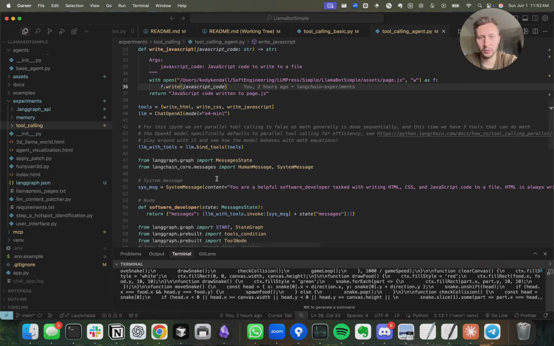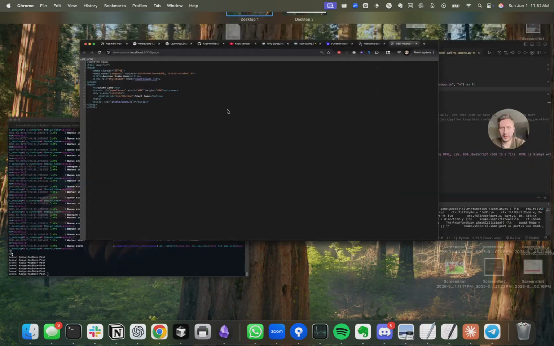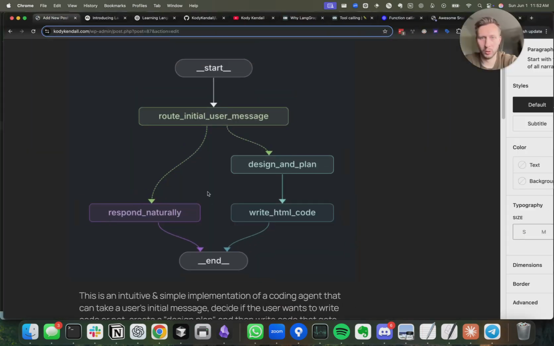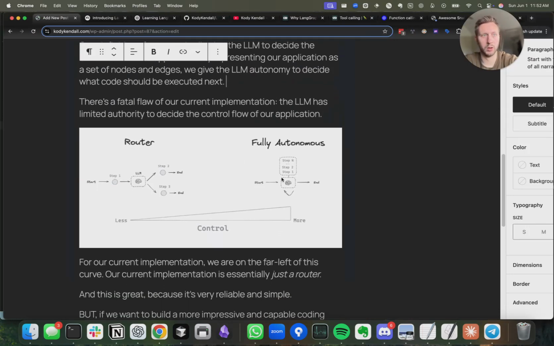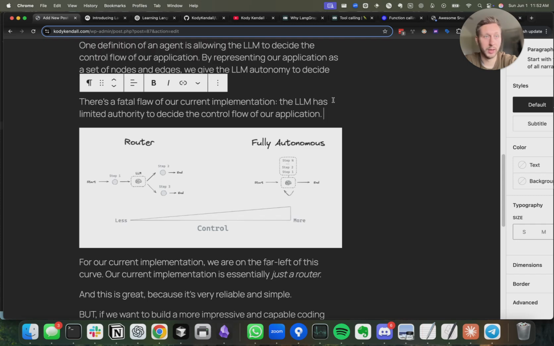So what this is going to do is take our agent architecture that really was more of a router, and turn it into something a lot more dynamic where the LLM will reason about something, execute a tool call, observe the output from the tool call, and then loop back into the LLM to do another reasoning step. This is a really powerful interface that LangGraph creates right out of the box